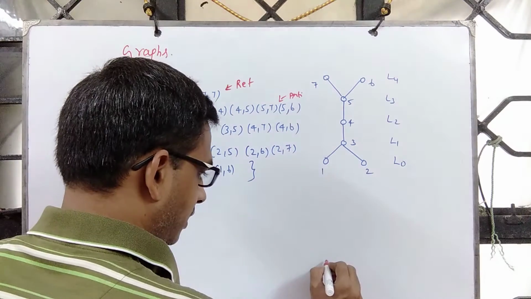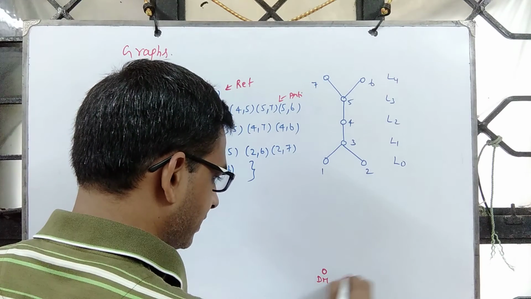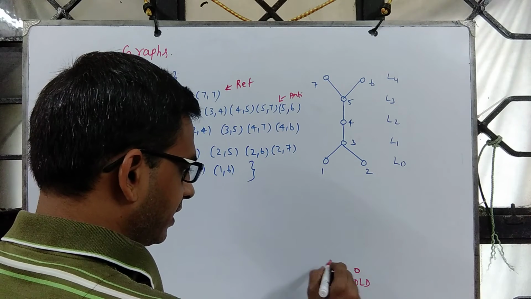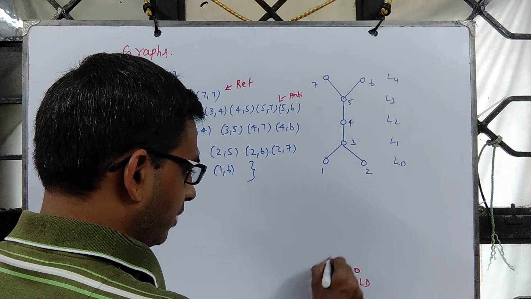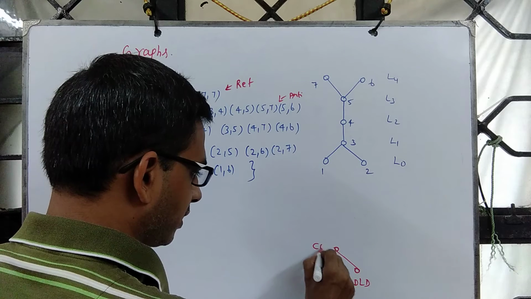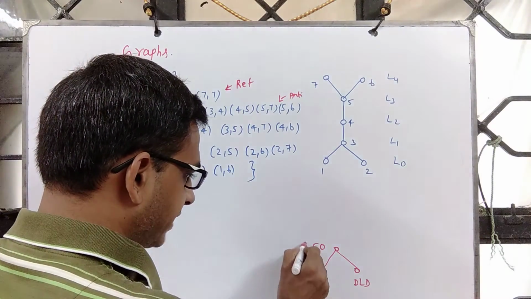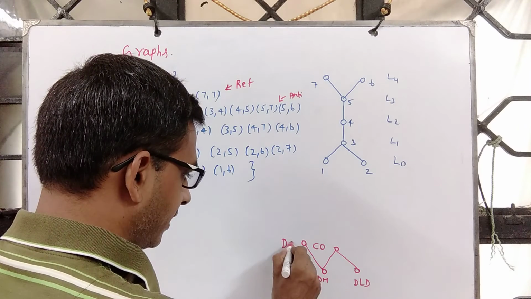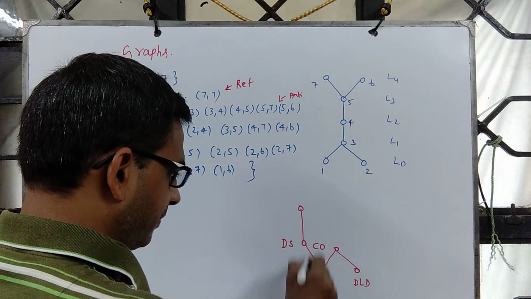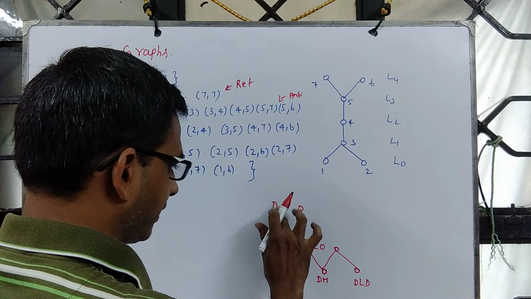Look at this. Suppose these vertices represent courses. Say this is discrete mathematics, this is digital logic design. Discrete mathematics and digital logic design one has to do before they go for, say, a course on computer organization. Discrete mathematics is a prerequisite for, say, data structures. Data structures and discrete mathematics are prerequisites for design and analysis of algorithms.